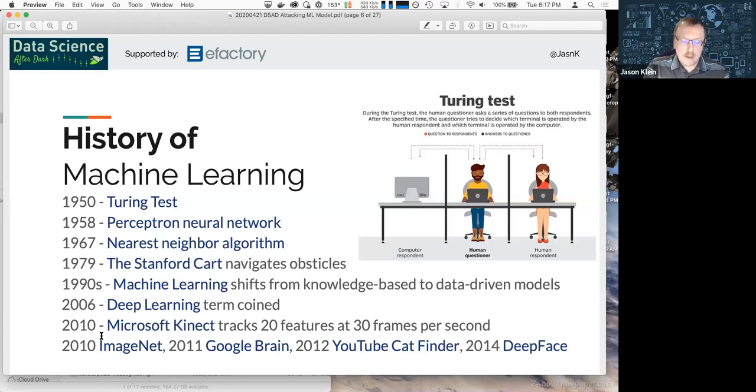That same year, ImageNet was born. It was designed to be a collection of standard images that data scientists could use to determine if their model is doing better or worse than the other known image classification models.